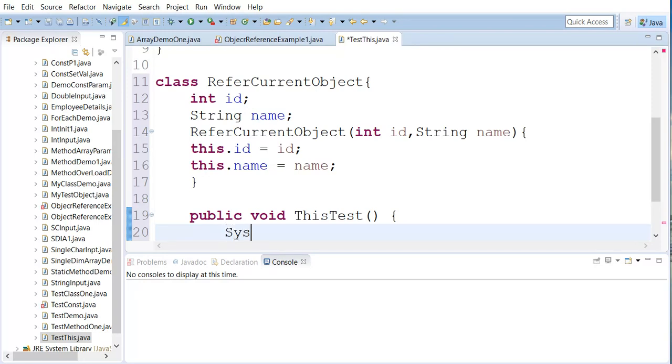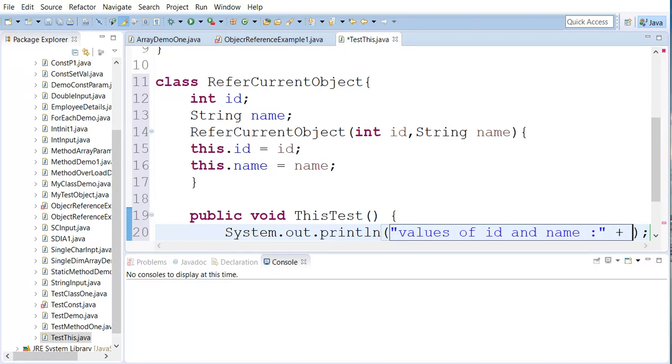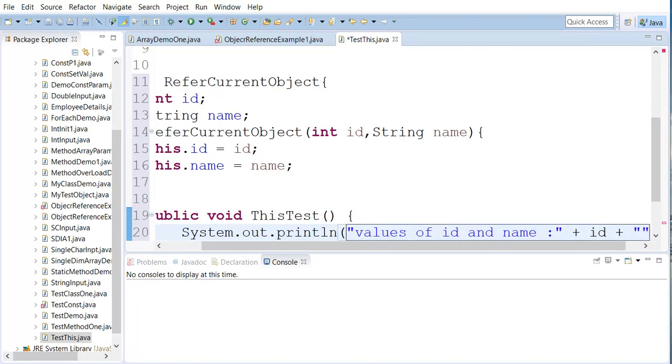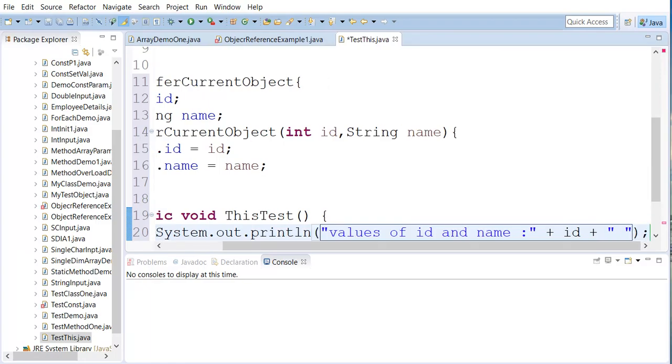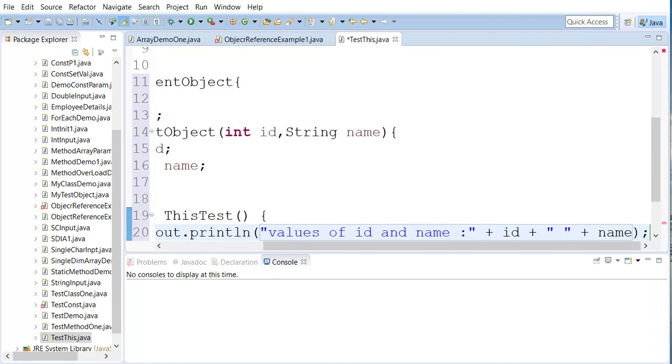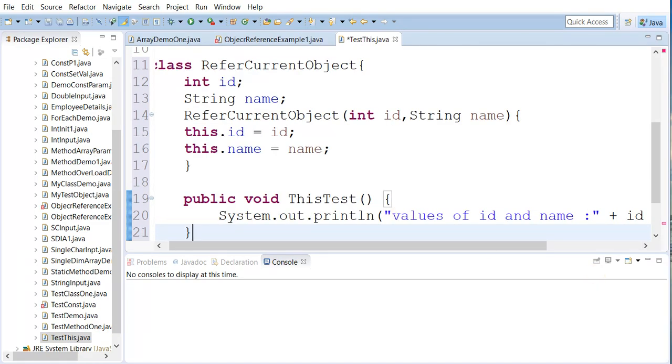So sys out, id plus name, done. This is also done.